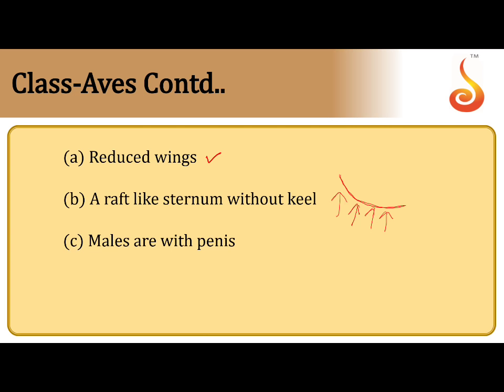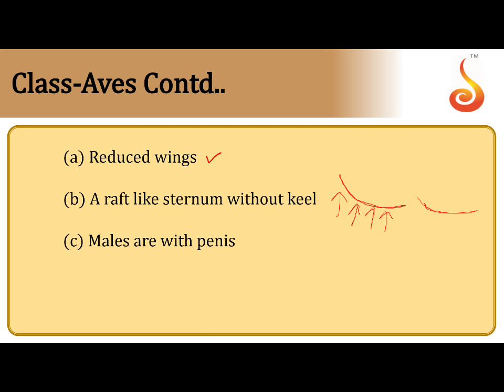Whereas in flightless birds, the upthrust is not there because of the type of sternum they have. They do not have a sternum which will give an upper thrust and which could help them in